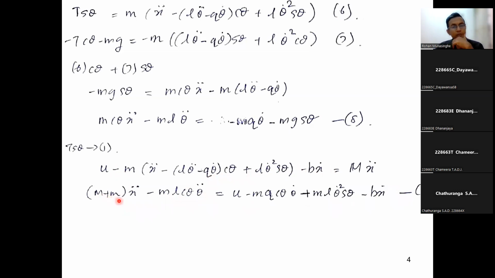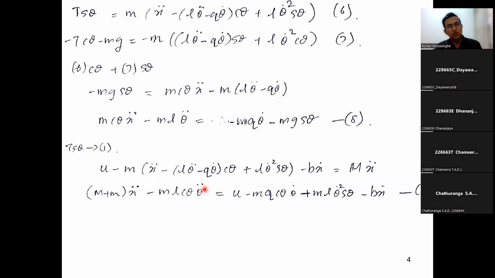Capital M plus simple m, x double dot, minus mL cos theta, theta double dot, equals u minus mq cos theta, theta dot, plus mL theta dot square sine theta, minus b x dot. That is equation number 9. All right. So you can see that on the left hand side we have x double dot, theta double dot. Here also x double dot, theta double dot. Now gradually this is taking shape,